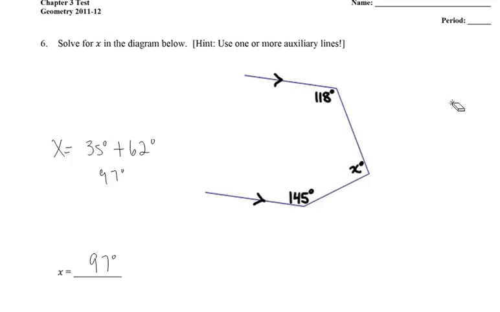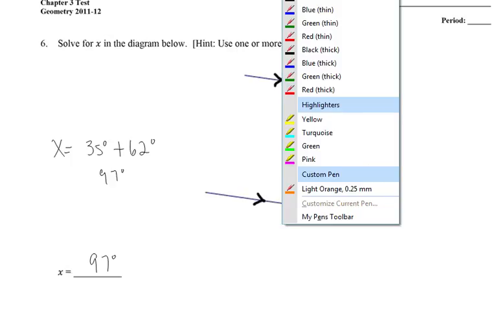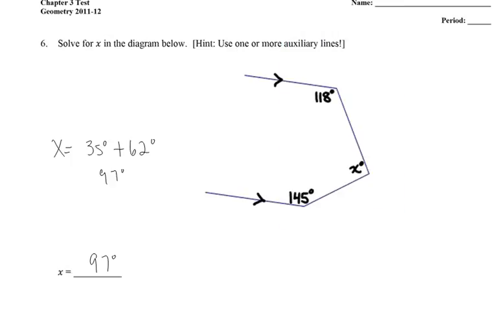Now I want to show you one or two other ways that people solved this problem. I'm going to erase the work that I did. And one thing that you could do was add another transversal. One way that people did that was to cut the transversal at a very particular angle, 90 and 90. Why would they do that? Well, they knew